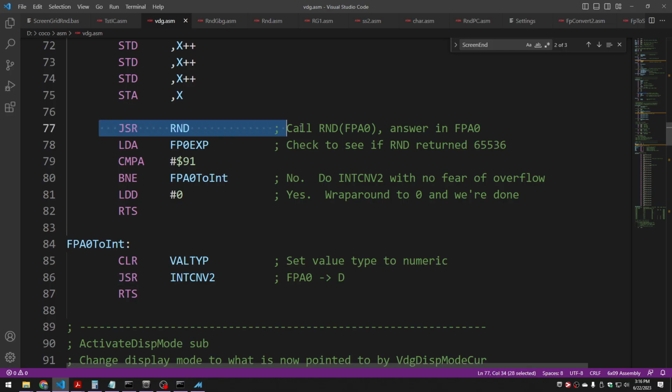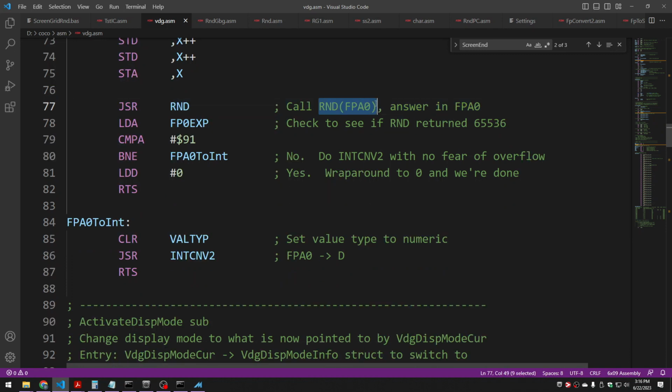The problem actually happened when we called into RND. It never came back. So it went into here, and then it hung somewhere inside here. And so that led me to think, okay, there's something about BASIC that's getting screwed up, that RND assumes is going to be a certain way, something about the memory. So I've got to be trampling on something,